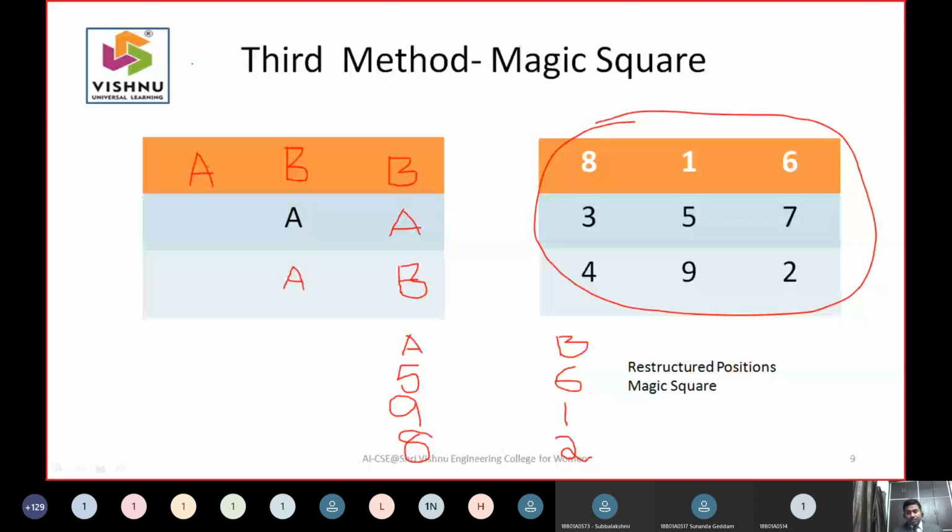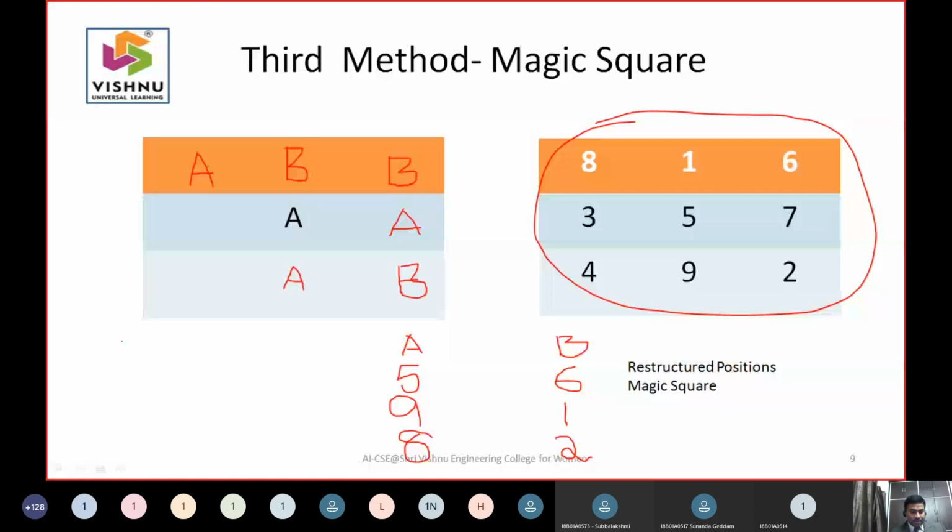So what is the difference between the first two and the third? In the first one and the second one, what is common is the representation. These cells are numbered from 1, 2, 3, 4, 5, 6, 7, 8, 9. What was not common in the first and second one is that in the first one you have 0 represented for a blank. In the second representation you have a value that was given for a blank. The third representation is a representation which is predicting something. What can be the next step so that I will win? So how you are getting that is you subtract the values, 15 minus the opponent's values, then you are getting all these values.